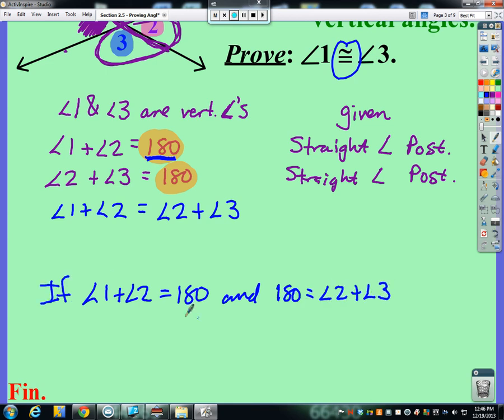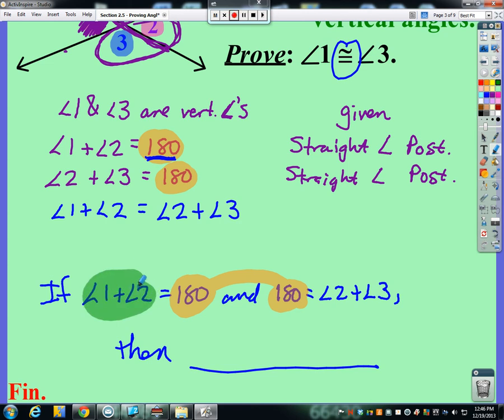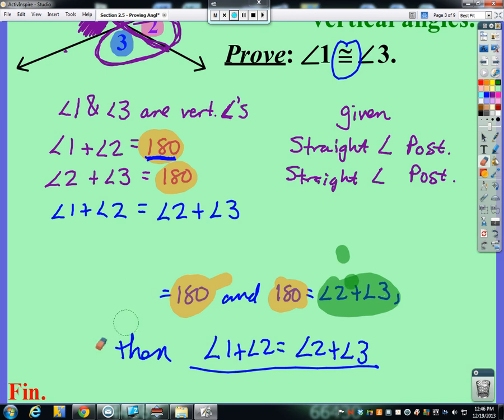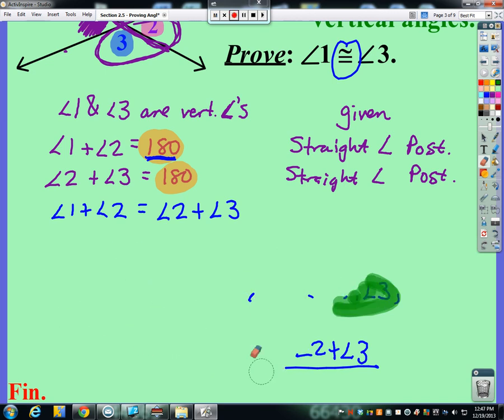So if this is true, which it is, then what can I conclude? Well, this is looking like the transitive property of equality. Here's our middleman, that 180 and 180, so what I can conclude is that the first part, this 1 and 2, must be equal to the last part, 2 and 3. And so angle 1 plus angle 2 is the same thing as 2 and 3 added together, because they both equaled 180. So what we could put instead of the substitution property, and I don't care which way you go here because technically both ways work,